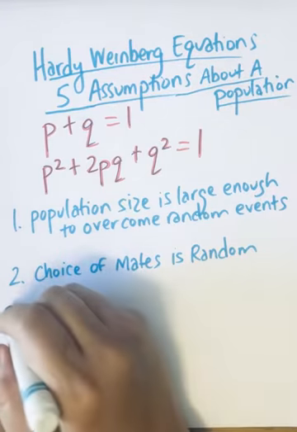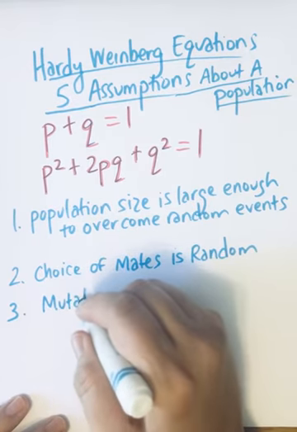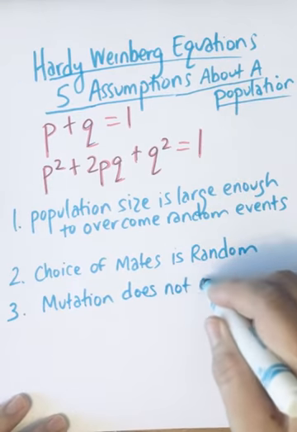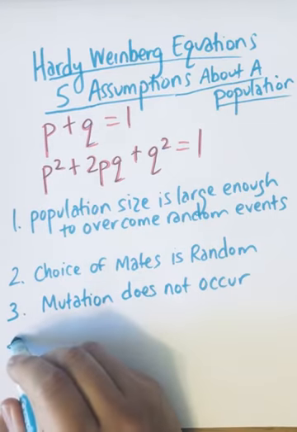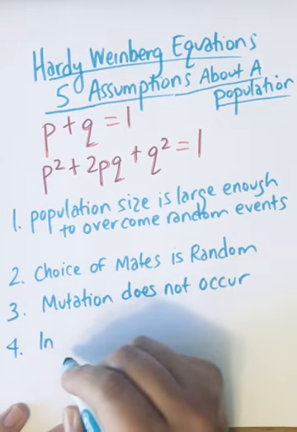The third thing is mutation does not occur. You don't turn purple. Most of the time, mutation will occur. It takes years and years for you to ever see it. But the population size is so large that even if you have a mutation, it'll eventually go away. The fourth thing says, if we're looking at a population, individuals can't leave,